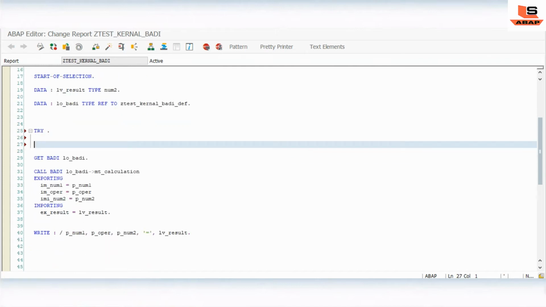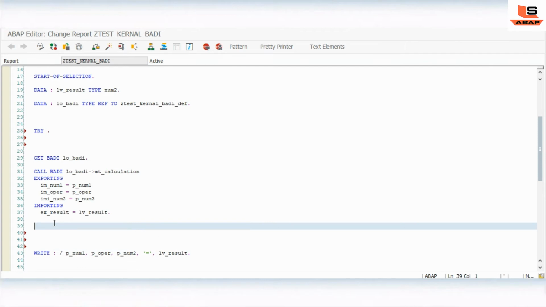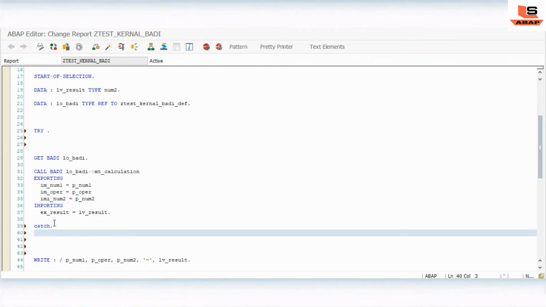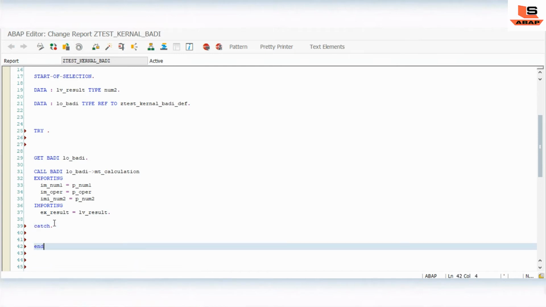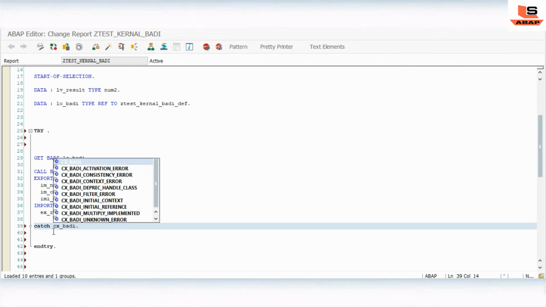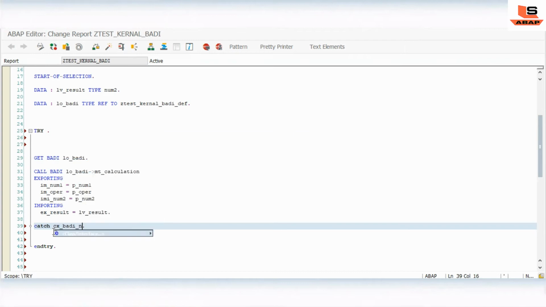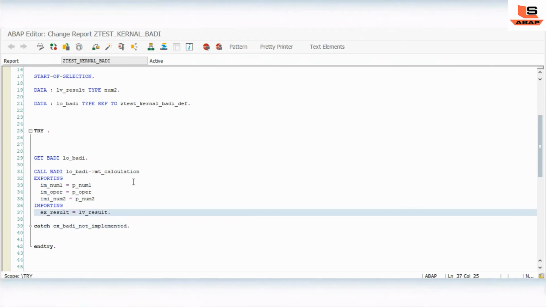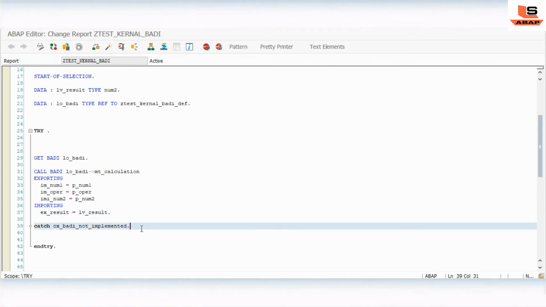We call the exception CX_BODY_NOT_IMPLEMENTED. We have just got the exception. If there is no active implementation found, it will raise this exception.